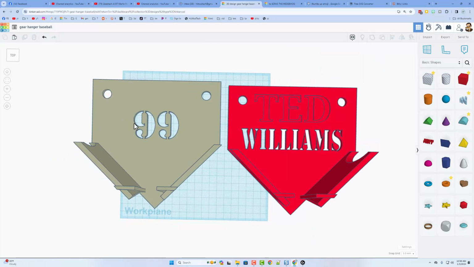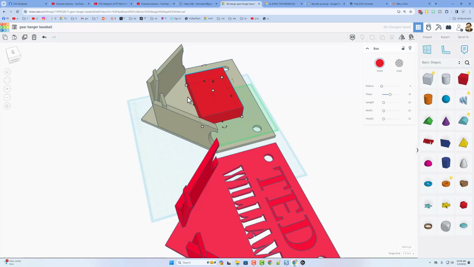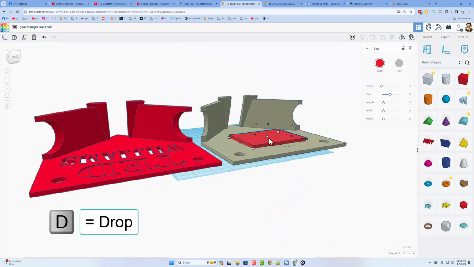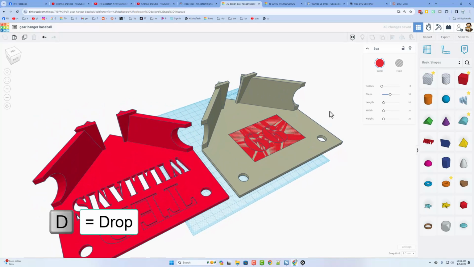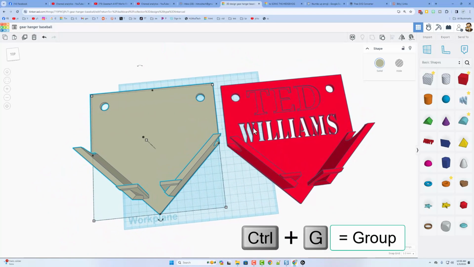Friends, I imported the second one. Notice this one had numbers. Real quickly, let's fill it in as well. Simply bringing over that cube, stretching it past. Look at it from an angle, 3.81. Let's see if that matches up. We need to press D to drop. There it is, smooth as can be. Control G to group, and bam, there you have it, ready to cut out your letters, indent your letters, or